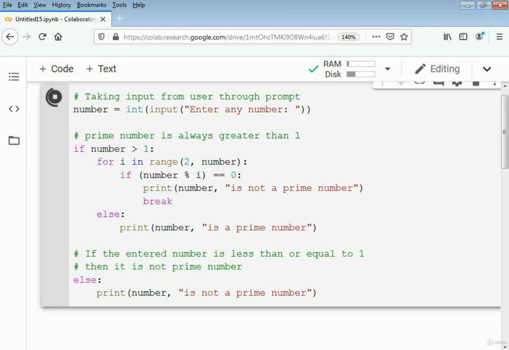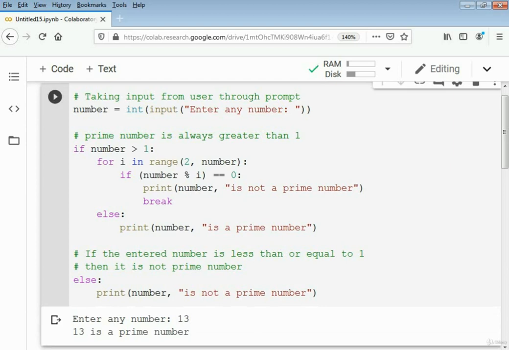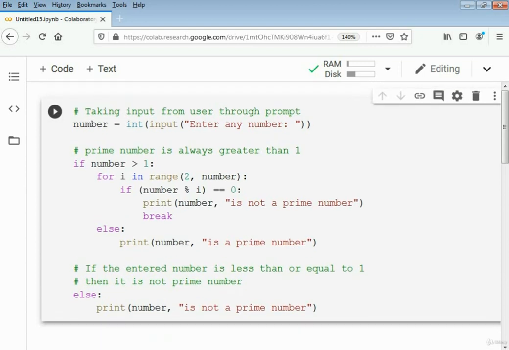Now we enter 12 as input here. So you see that 12 is not a prime number. We enter 13 to check if our condition will be met, then you see that it is showing that 13 is a prime number. So this program was about taking input from the user through prompt and then checking whether it is